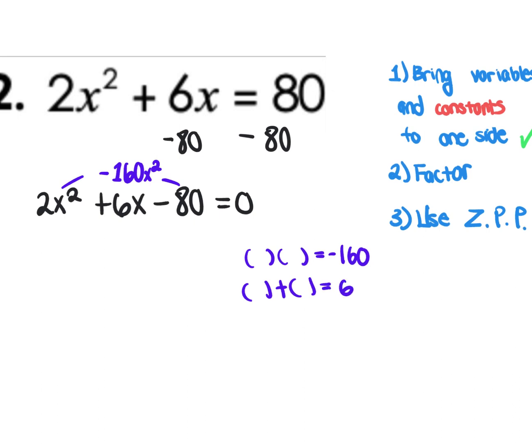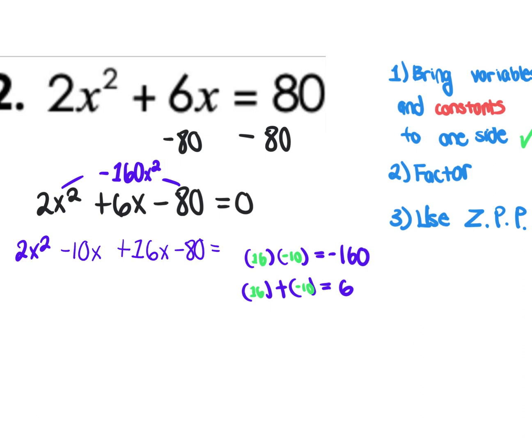And it's kind of easy to see. It's going to be positive 16 and negative 10, because that'll add to 6. And then they're going to multiply to negative 160. So we're going to do 2x squared minus 10x plus 16x